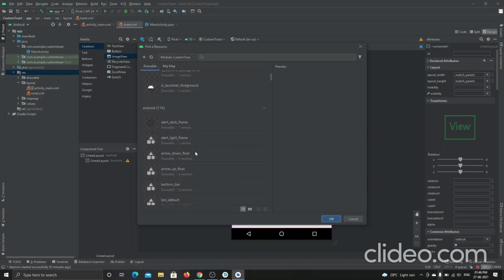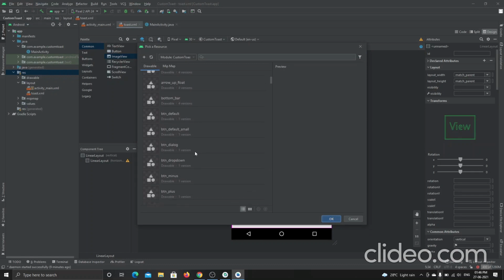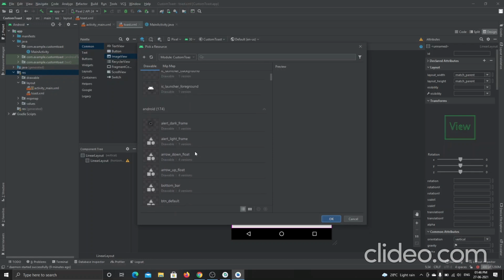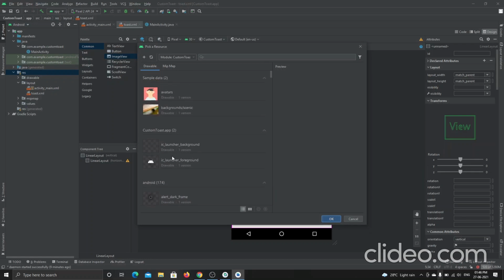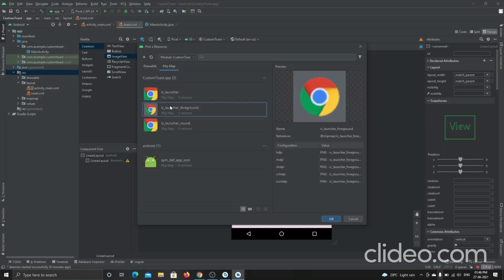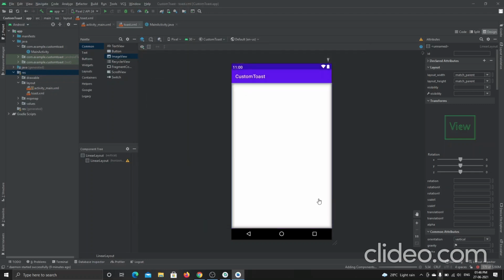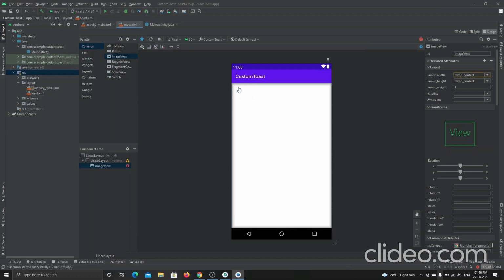No, it's just showing me. Okay, actually not included. Here it is in the map. Let me select this. Okay, let me select. Now it will create me an icon. See, like this. Let it be wrap content,